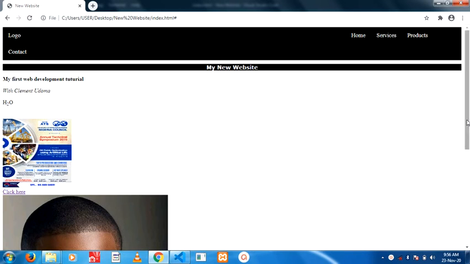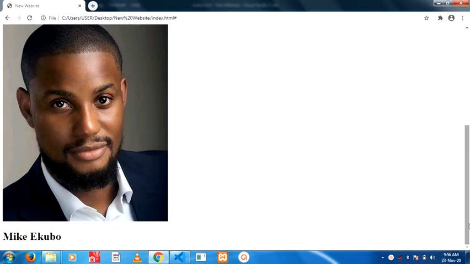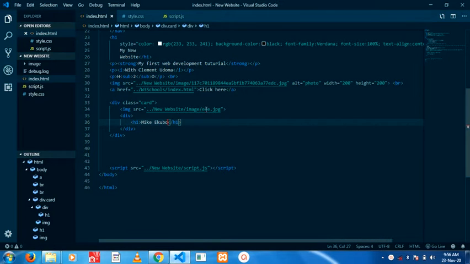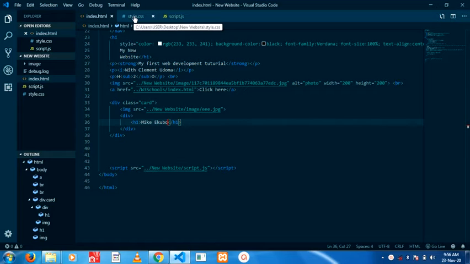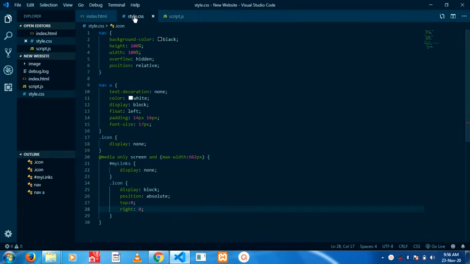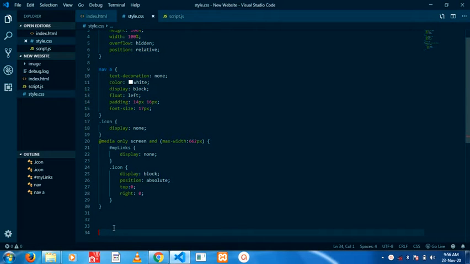now if you scroll down here, you see this is the image and this is Mike Cable, the header that we introduced here. You can also introduce a paragraph, details about whether he's an artist or whatever you want to insert. So let's just do the styling to make it a card. The styling, since you gave it a class called card, you just go below and click on dot. You just type dot card,